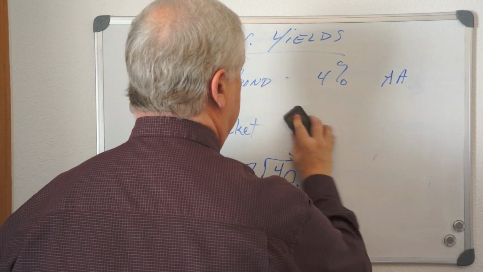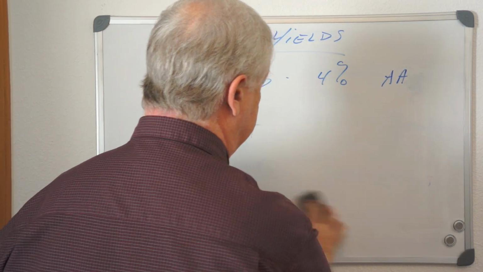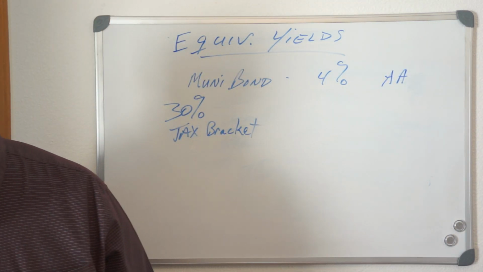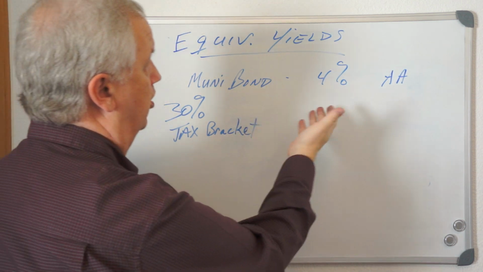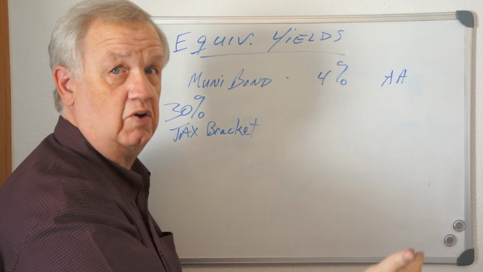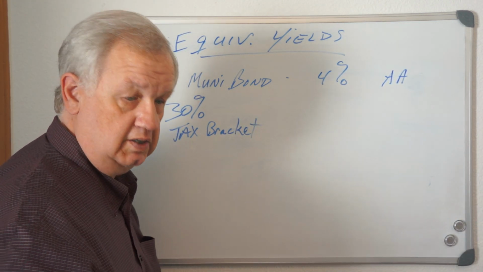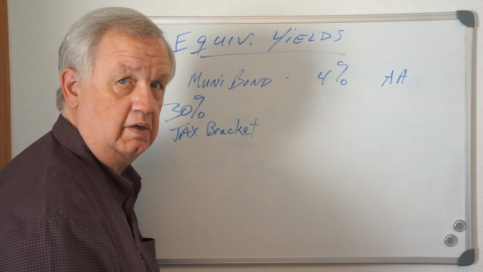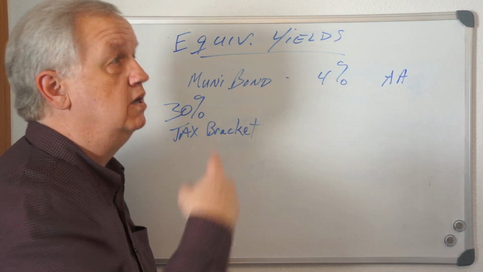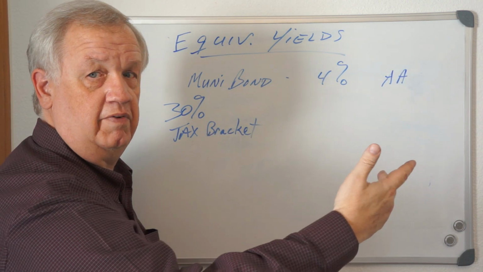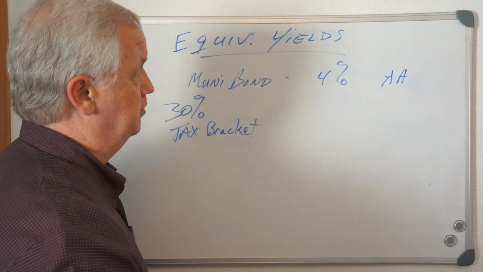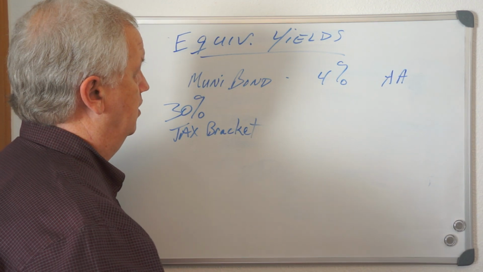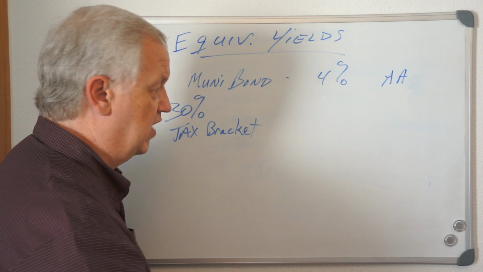We determined that based on the tax bracket, if I get this muni bond and I got 4% and it's a $1,000 bond, at the end of tax season, I'm going to have 40 bucks in my pocket. The interest ain't going to be taxed. Growth, if I have a capital gain, that would be taxed, but not the interest. But what's it compared to? 5.7